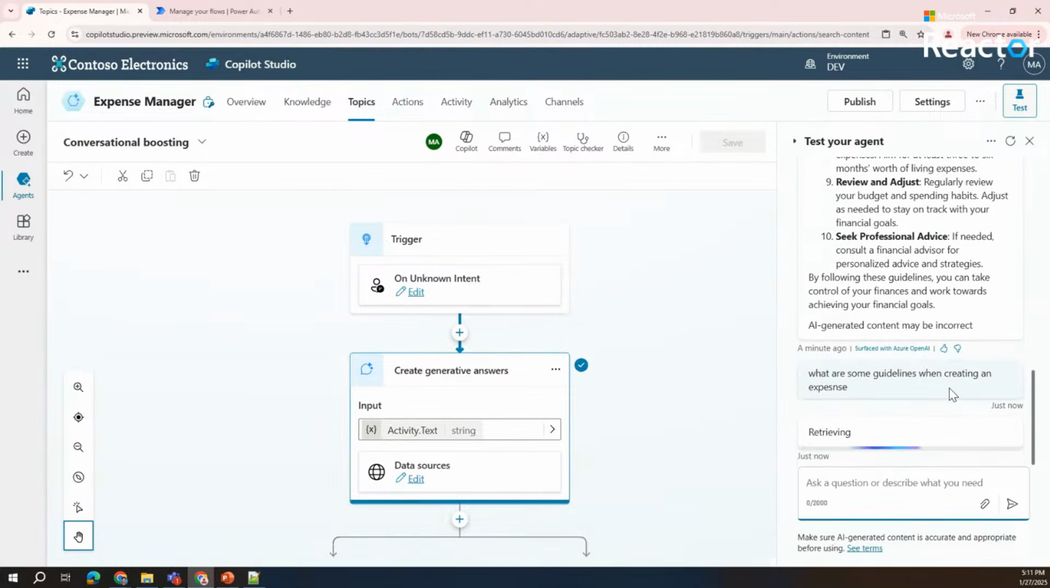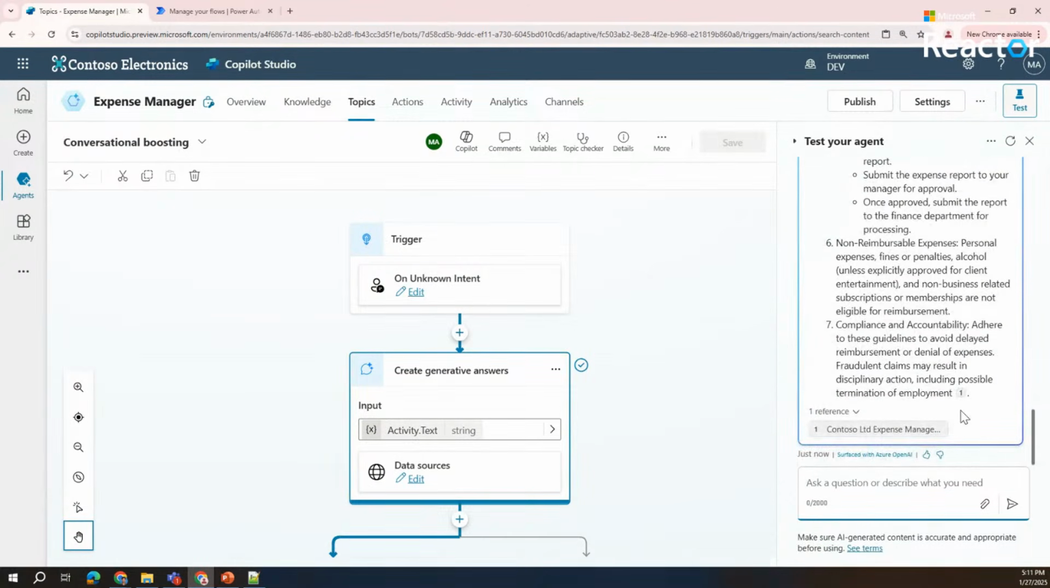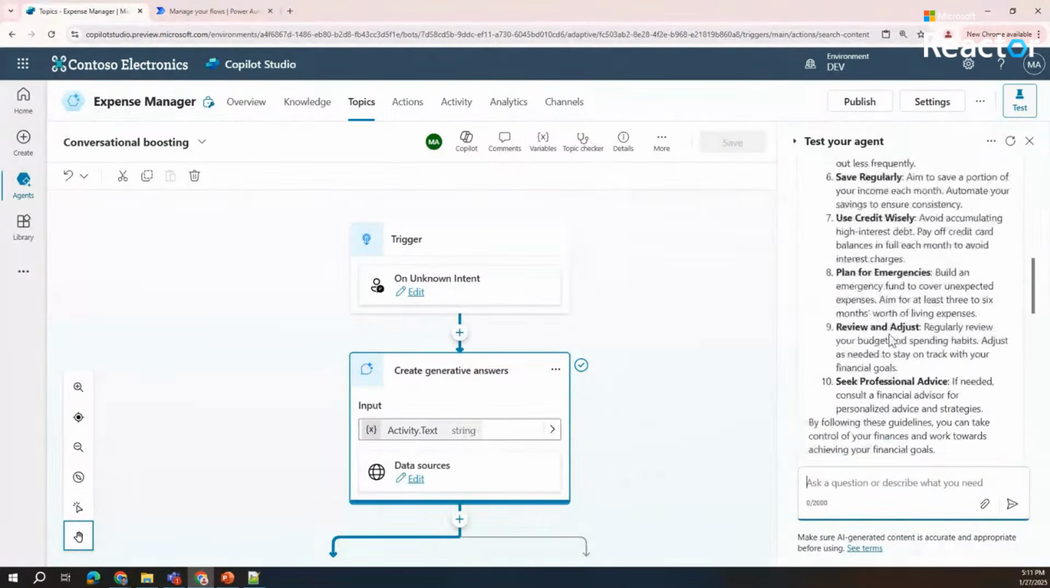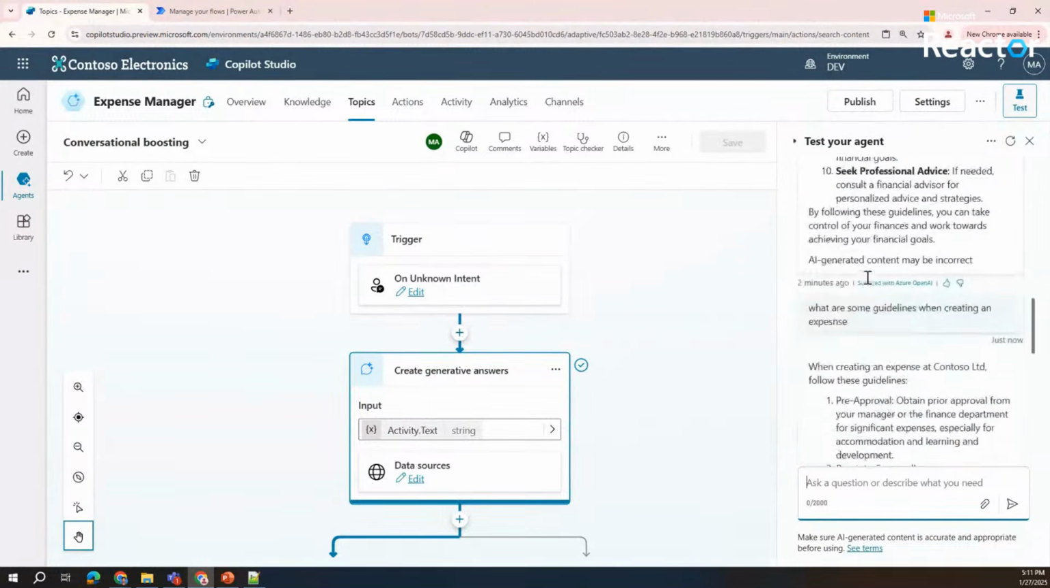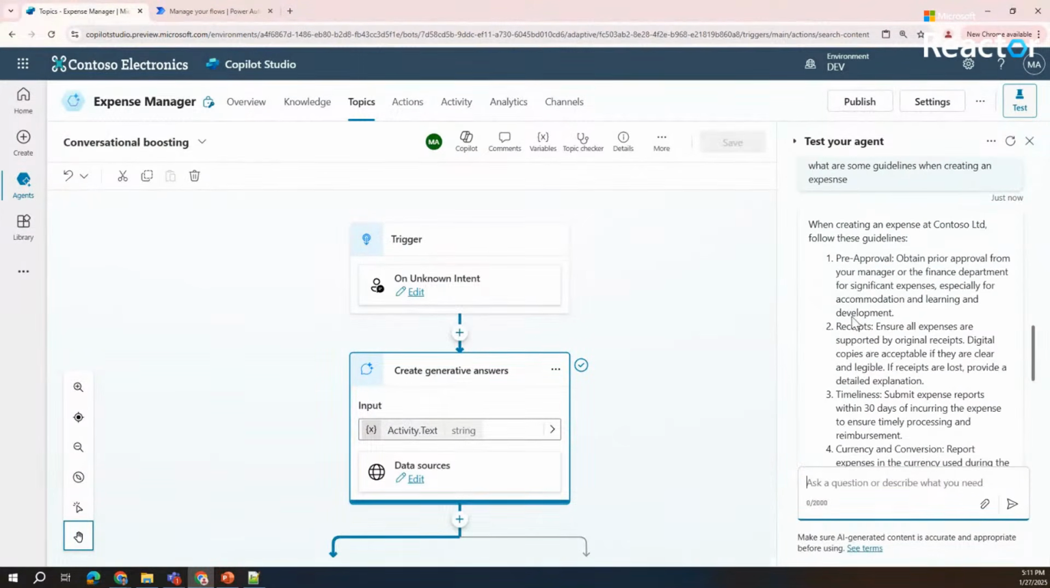I created, like, what are some guidelines when creating an expense, when creating a new expense also. So for this, it generated me a response. This is completely different from this response, where this is all crafted based upon the document that I have added. So that is a knowledge that we are grounding our copilot or an agent to, so that maker or developer